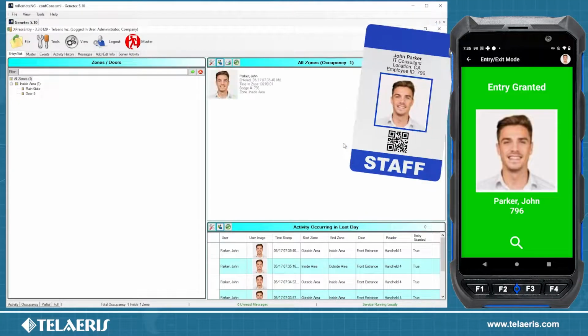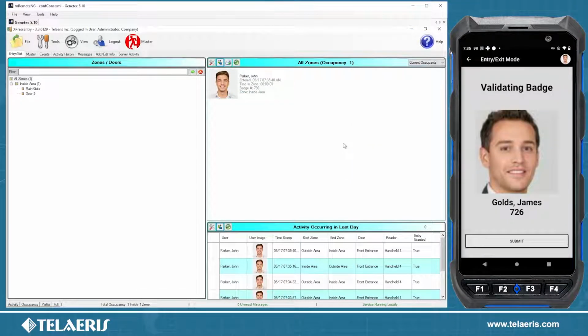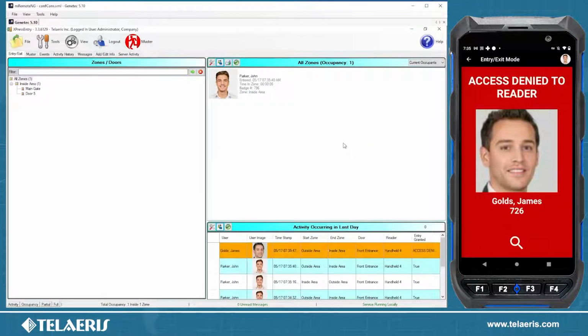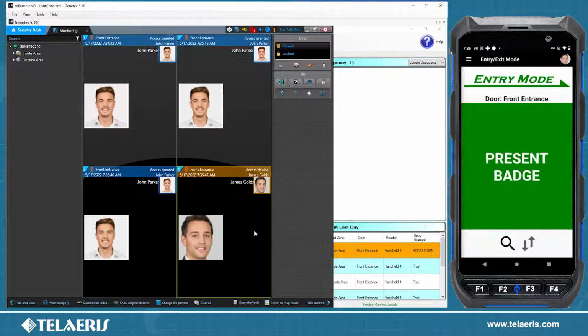We can scan people in. We can also search for individuals. So if I look up James Gold, let's see if he has permission. He does not have permission, so he does get an access denied. If we go over to monitoring, you will actually see that James Gold actually got an access denied here. So this is very key in